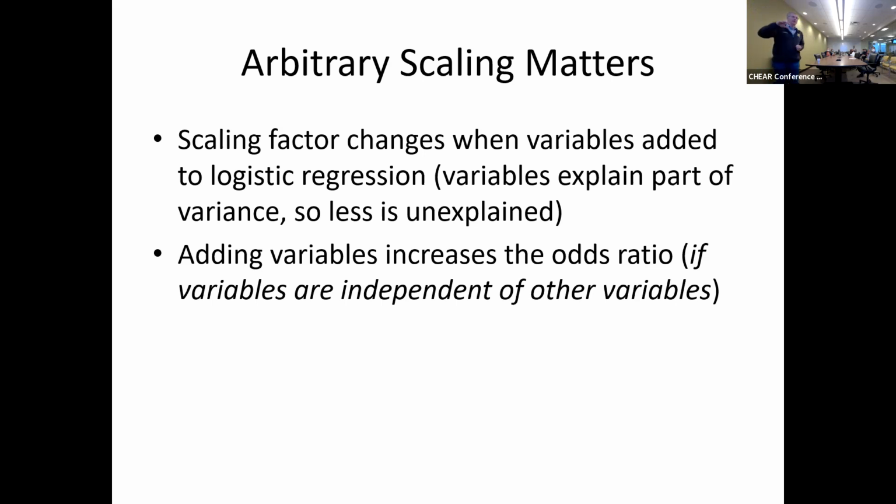Okay, so everything I talk about here is going to be adding and subtracting variables that are completely independent of everything else in the model. If that's not true, then we have an endogeneity problem. That's a different issue on top of what I'm talking about here. So let's just think of adding variables that are uncorrelated with each other. That makes things nice and keeps the point on point.